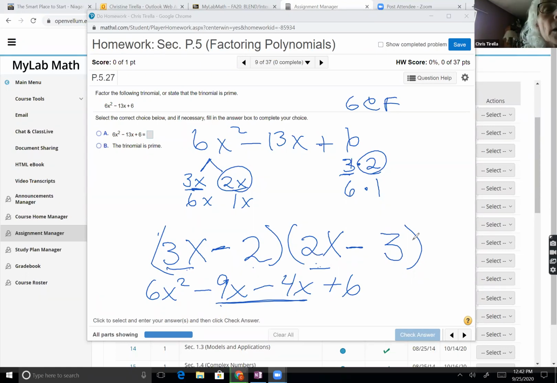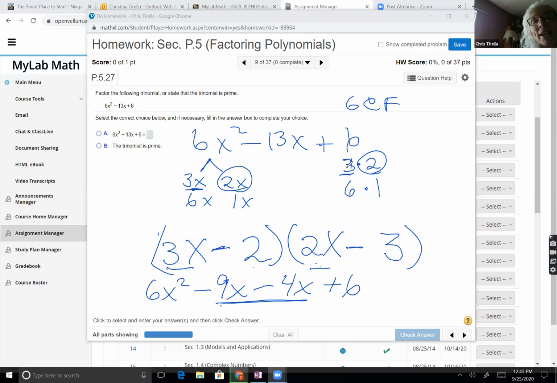I'm not going to not give you credit if you factor that way, but as much as it's harder to learn the trial and error, by the time you get to pre-calculus, calculus, and beyond, you get to the point where you can look at the numbers and factor it without doing those middle steps. Do you know what I'm saying? Yeah. So it's not what you wanted to hear.